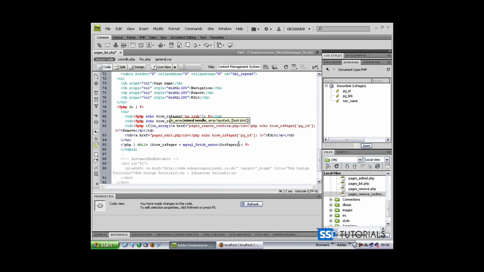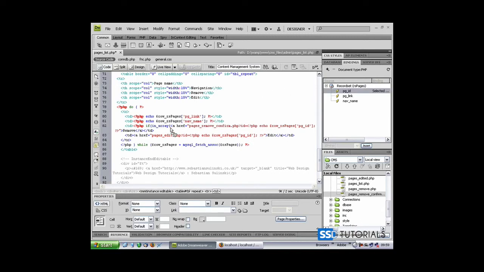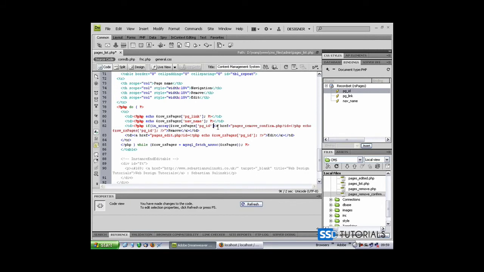The first parameter is the value we want to check, and the second parameter is the name of the array itself. So if in_array, and now we want to check whether the page ID is in the array. So simply drag and drop pg_ID from our record set after the first opening bracket,